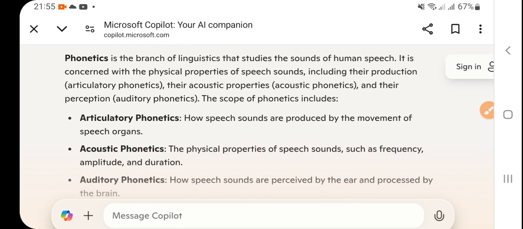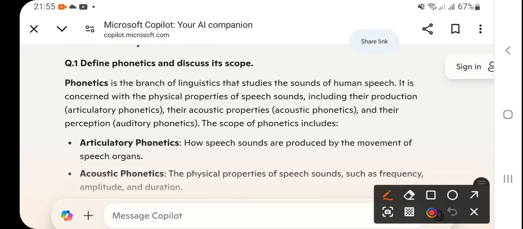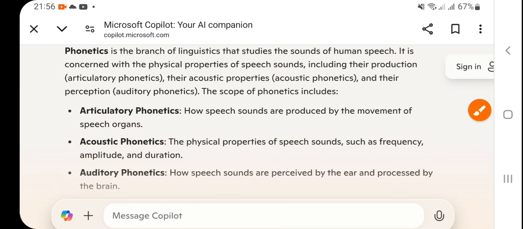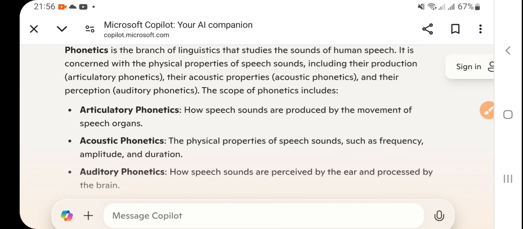Phonetics is the branch of linguistics, we all know that. It is the branch of linguistics that studies the sound of human speech. So phonetics has more to do with sound, and not the sound of animals, but the sound of human speech. Now it is concerned with the physical properties of speech sounds, like how sound is produced,